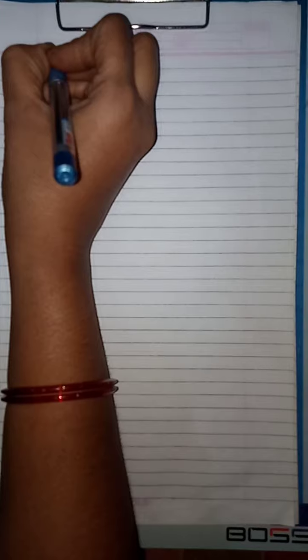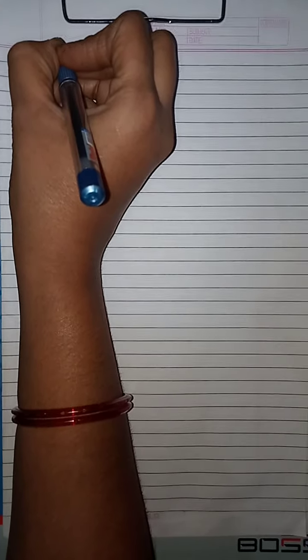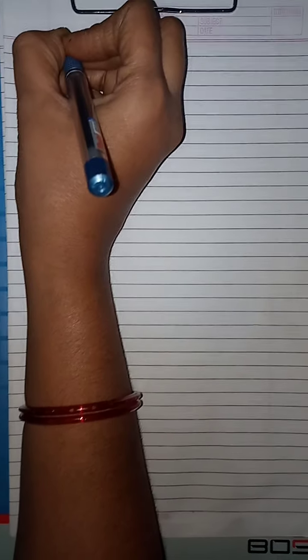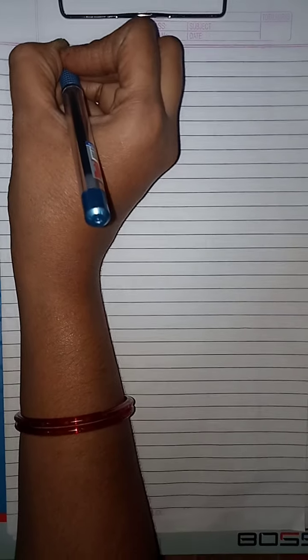Good morning children, in your previous class you have studied about the median. Just recall it. Median refers to the value which lies in the middle of the data when arranged in an increasing or a decreasing order, with half of the observations above it and the other half below it. See children, median refers to the value which lies in the middle of the data.